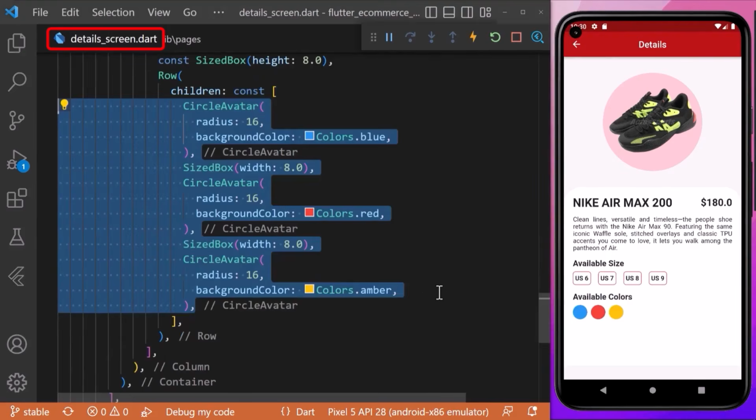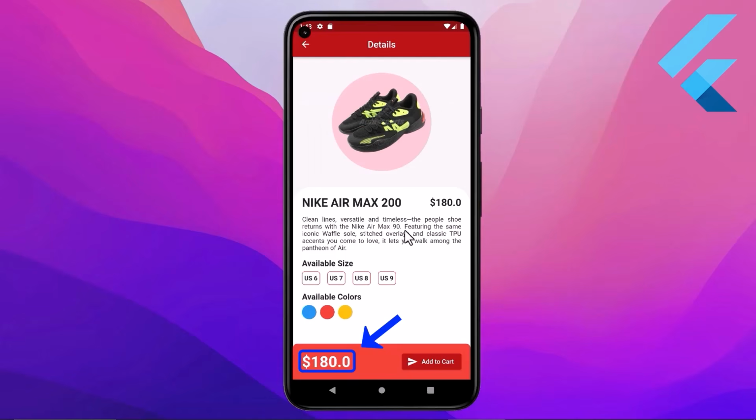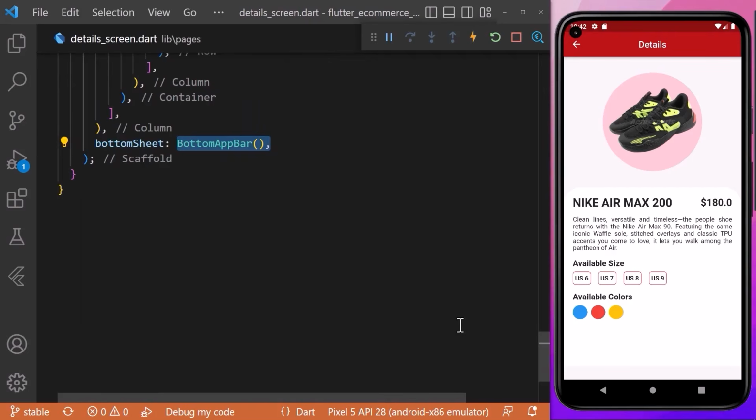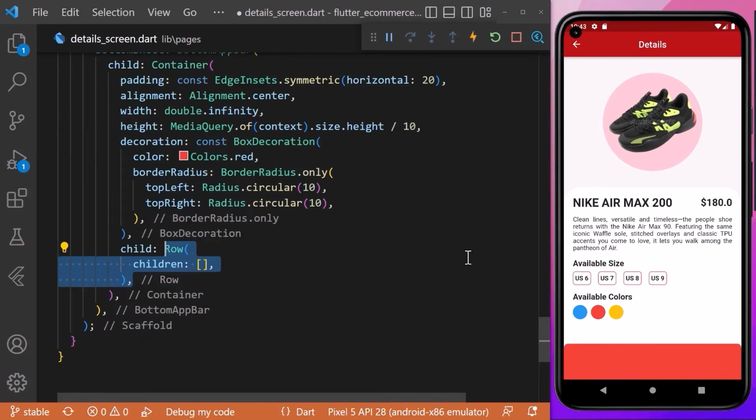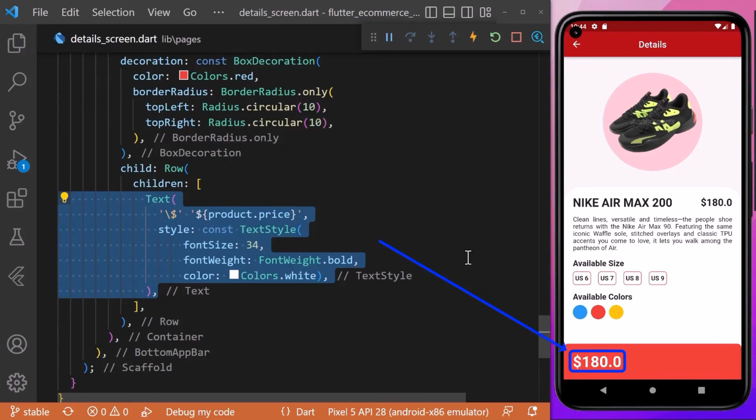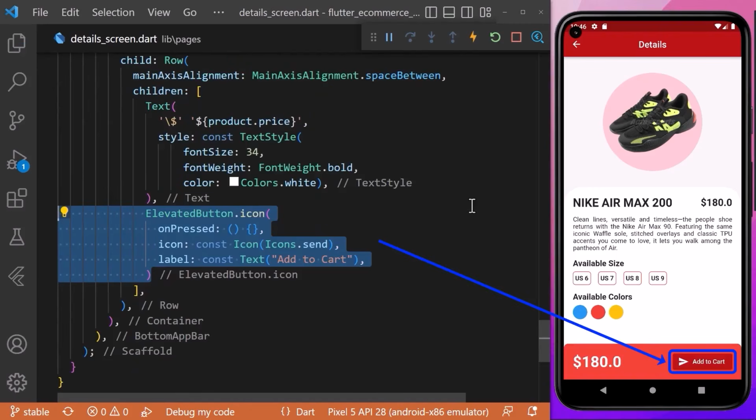Coming back to our details page, we will simply create 3 circular avatar widgets of custom radius and different background colors. Now we want to show the price of the product at the bottom of the screen. For that, we will create a bottom app bar, and inside we will add a container widget as a child of the bottom app bar with a custom height. We will pass a row widget as a child of the container widget. Inside the row widget, we will create a text widget and access the price of the product. We will also create an elevated button icon which will be used to add our products to the cart screen